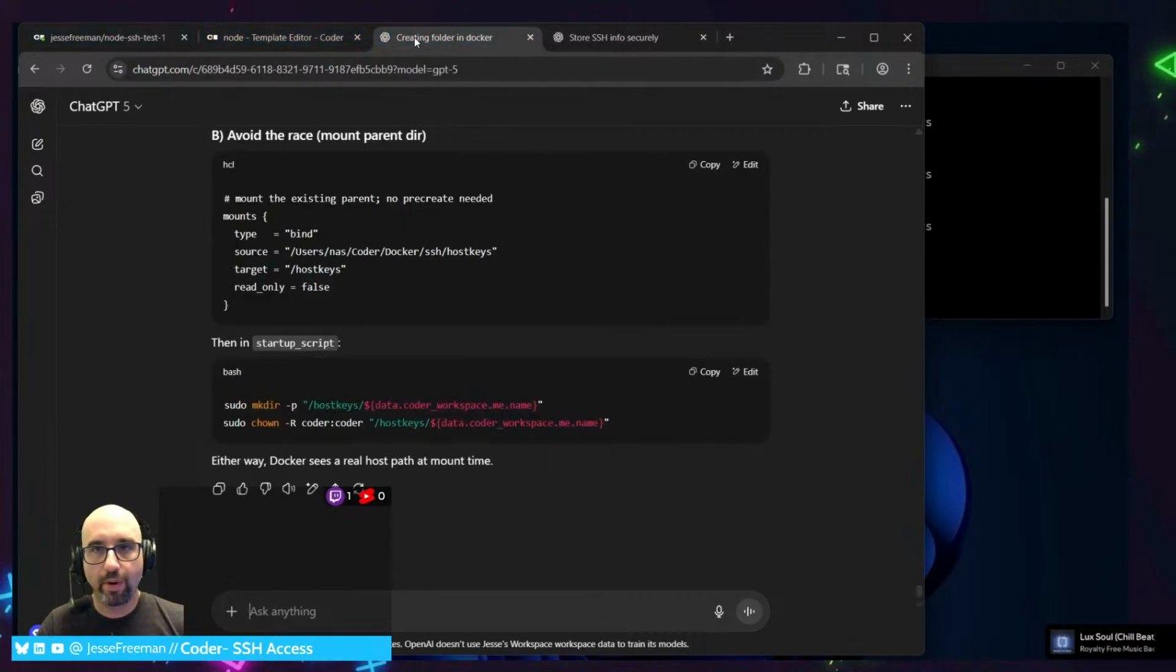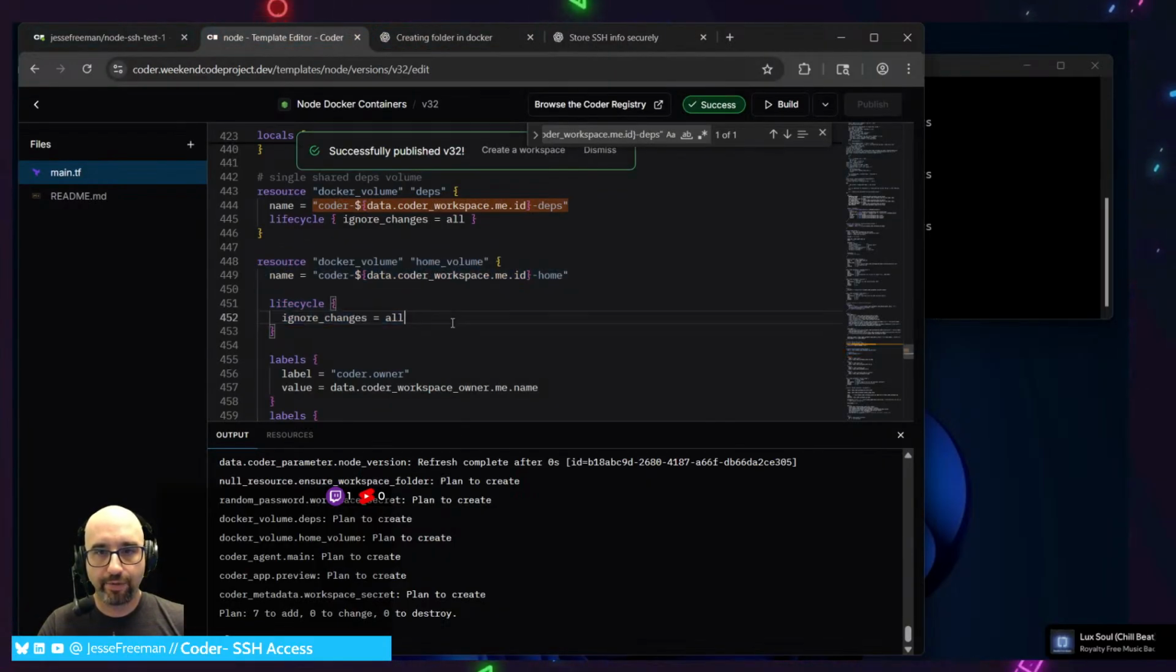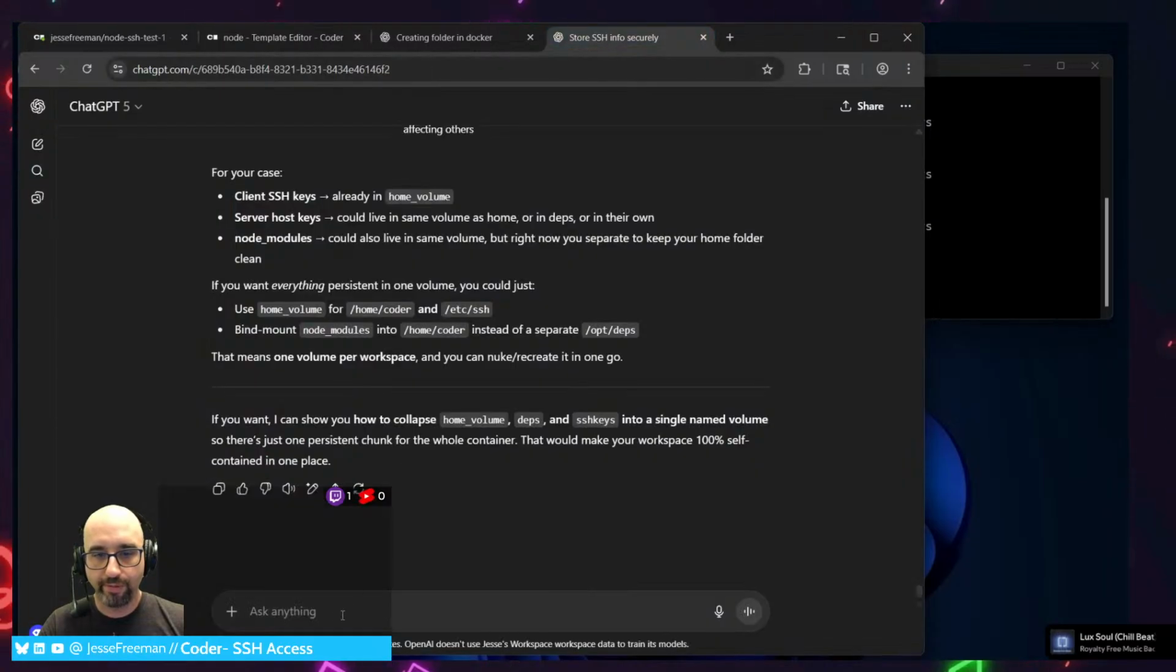Yes, this is what I want. Okay, I think we're getting somewhere. This may not have been a total waste of my morning. Okay, help me rebuild or refactor this template